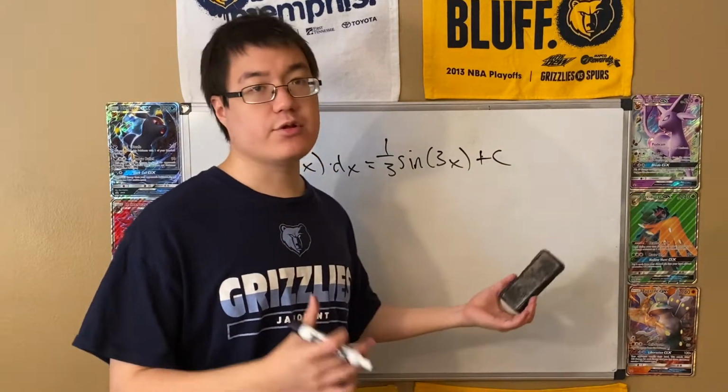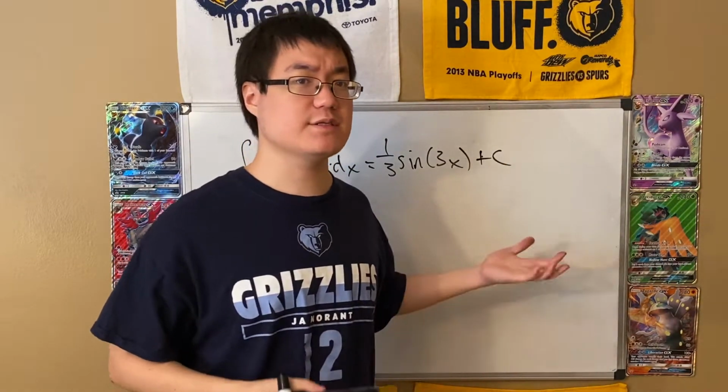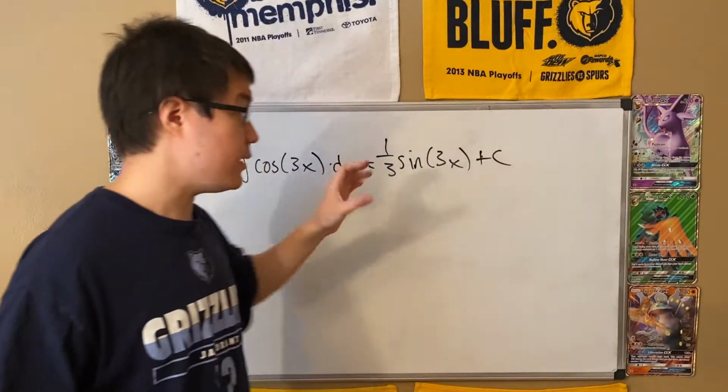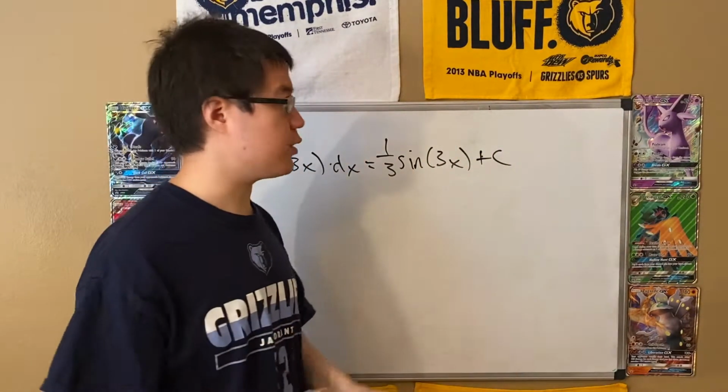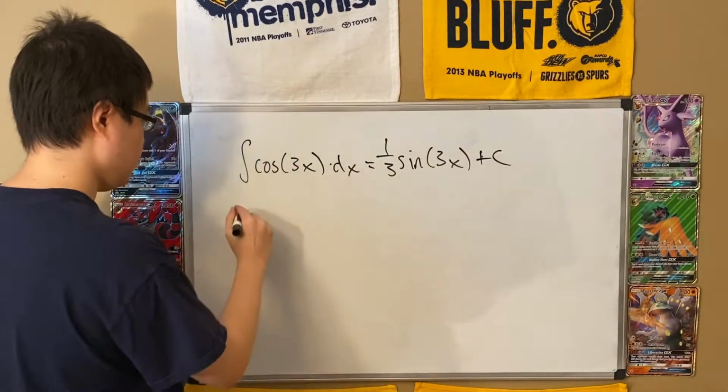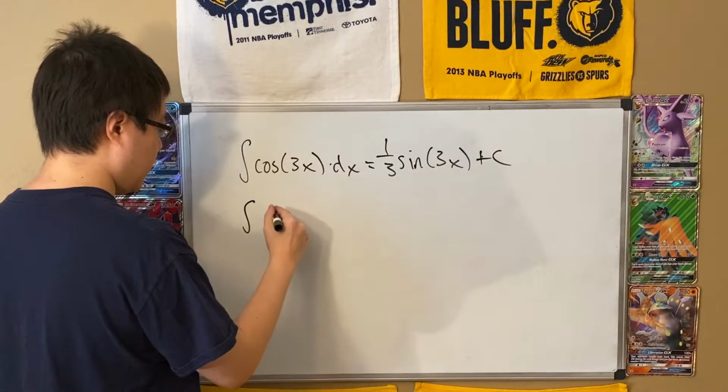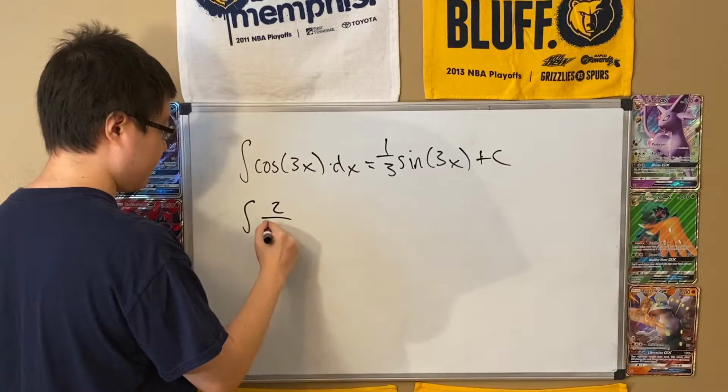Remember that you can use U sub if you want, but I feel like this is a lot easier. Skipping these easy U subs, not actually doing the U sub process and going straight for the antiderivative. So for example, we can do several more. If you have something like 2 over 5x plus 1,